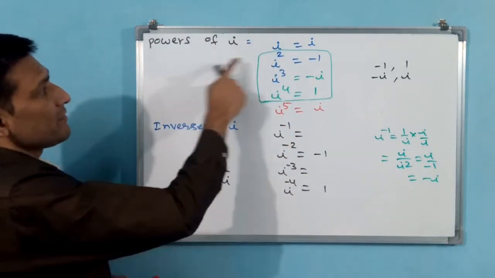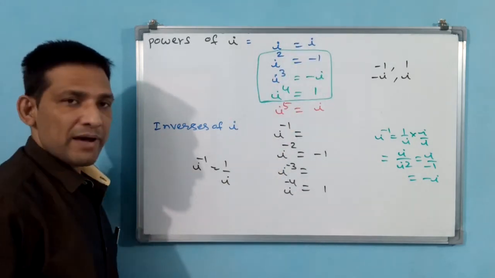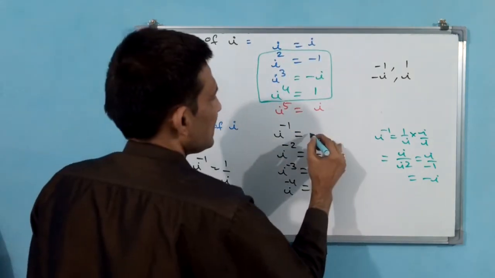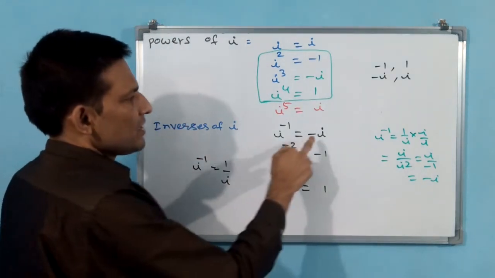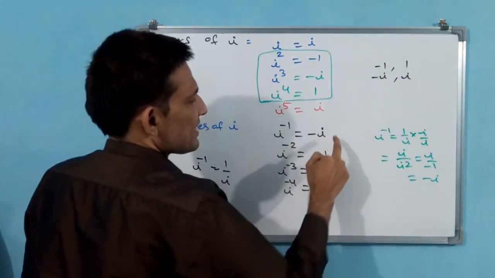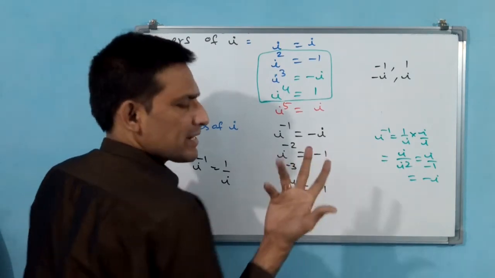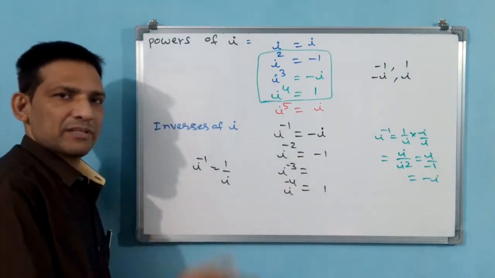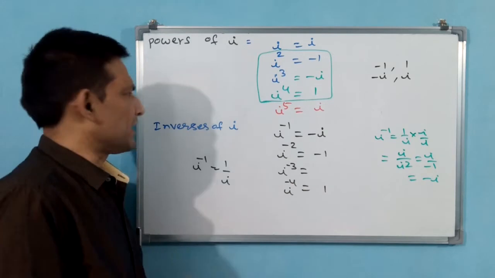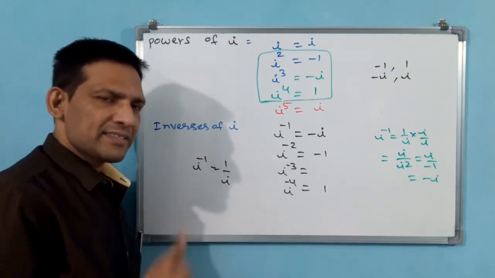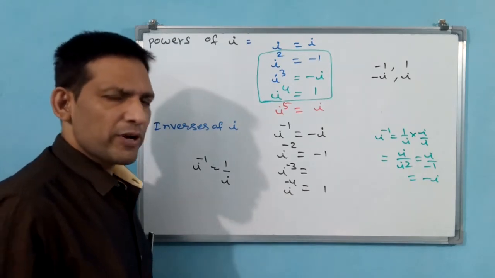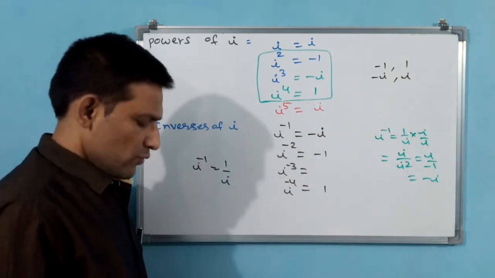You see, this is different. i is equal to i, but i to the power of minus 1 is equal to minus i. Here also, these four numbers only, minus i, plus 1, plus i, or minus 1, these four results only are going to come for any number. Even if you take i power 256 or i to the power of minus 37, the result comes within these four numbers only.